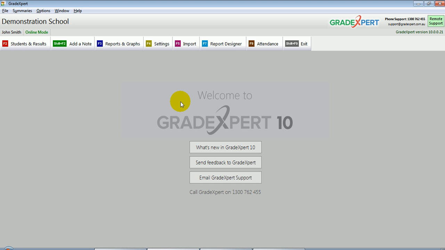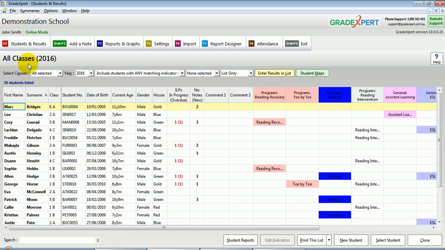Now, when you want to generate summary reports of attendance, there are a large number of options in GradeXpert. Actually, before I do that, I just want to show you where the attendance data is presented to teachers when they're looking at a student's learning profile. So if I pick Mark Bridges, for example, if I just double click on his learning profile,